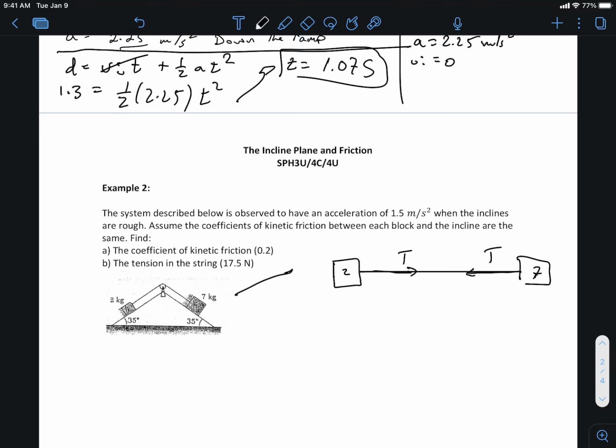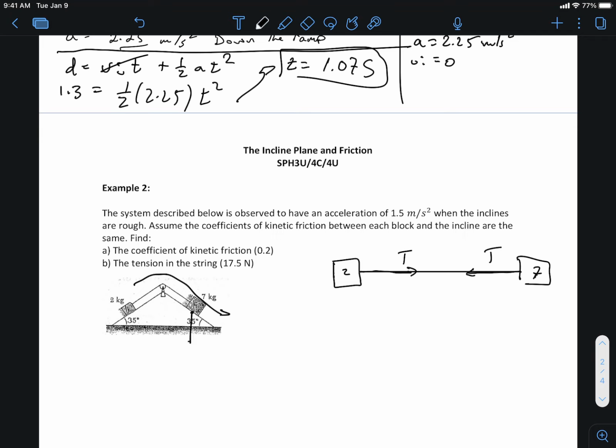We know as soon as you let go of the system, the block should accelerate in this direction, as long as the frictional forces aren't too much that it's static. As long as the static friction isn't greater than the downward force of that block, the system's going to move. So it's going to do something like this. And I told you the value of that acceleration. That's going to come into play after. I realized that after I did the whole question. So we just got to draw all our forces in the normal fashion, but just keep in mind,